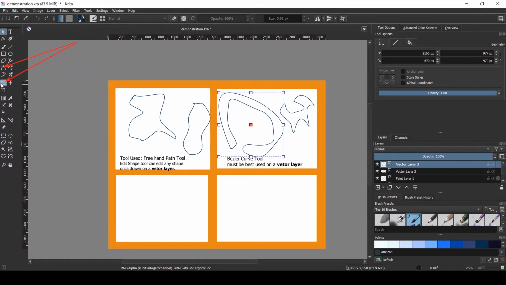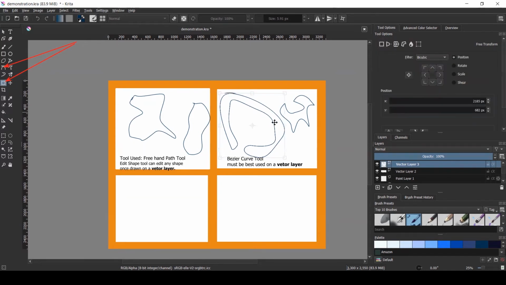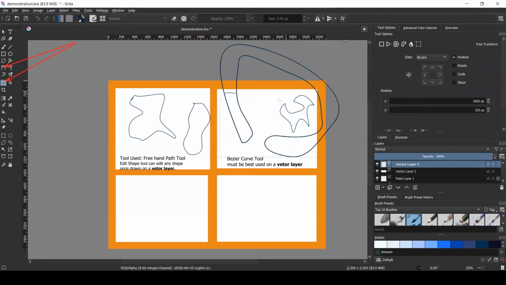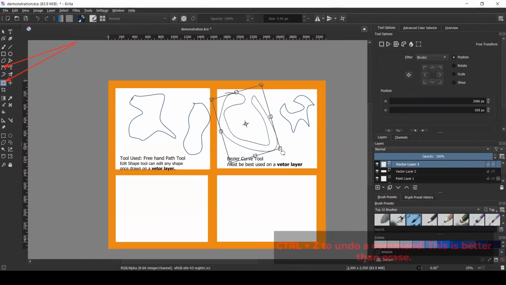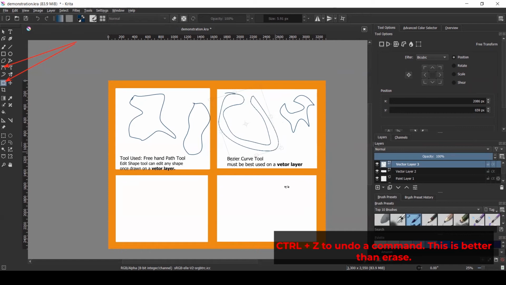And what am I going to do? I'm going to transform it. So now it's here, I can move it all around. And when I say transform, I can drag here and make it large. I can drag there and rotate it. I can even do some funky things like stretch it, but I don't really want